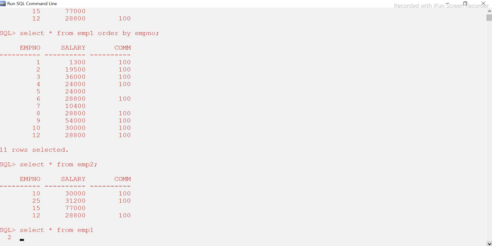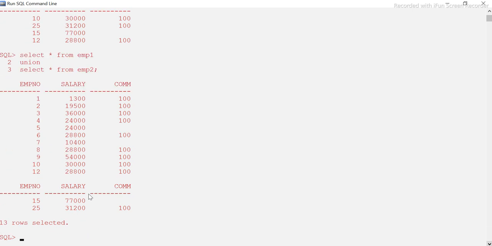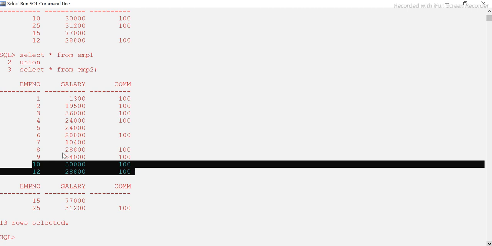Okay, so I have to use select star from EMP because I'm going to take all the columns. Now I will say union operator, guys. I have to write union, and then EMP1 union EMP2. We actually have 15 rows total, here 4 and here 11, but two are duplicates, so we should get 13 rows. You see, guys, 10 and 12 are coming only as one copy here, right? There is no other copy. 10, 12, 15 and 25, so we have only got 13.